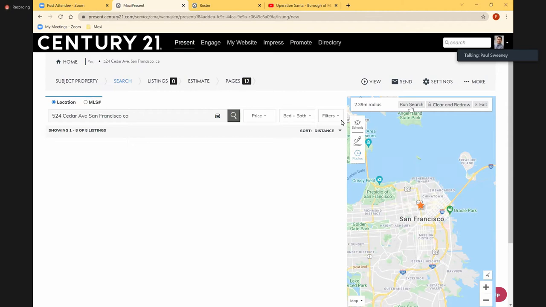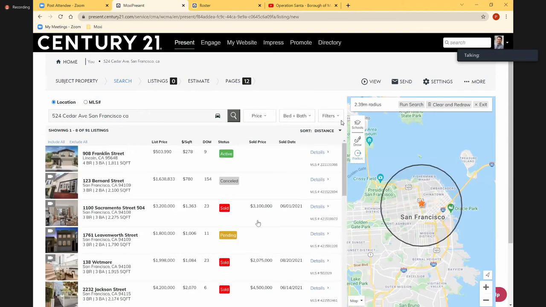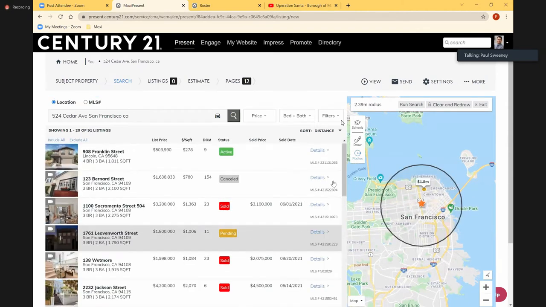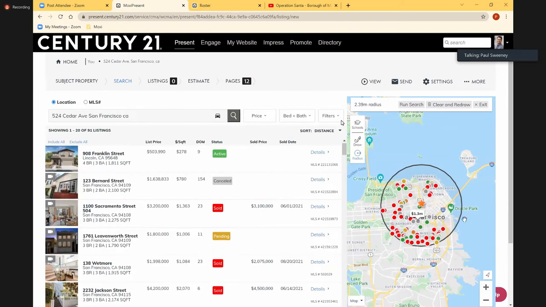And run search. And this is better. Yeah, much better. Good grief, looks like it has the measles. Again, the red ones are sold properties. The gold ones are pending properties. Here's a great one. And as I hover over them, you see that it shows the details information,